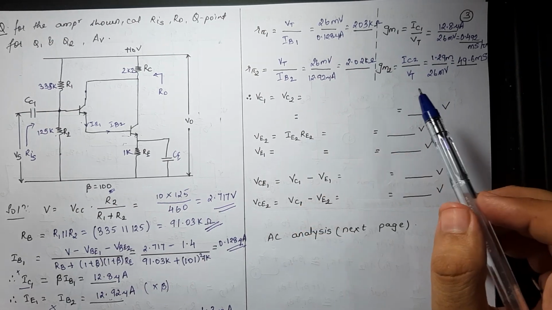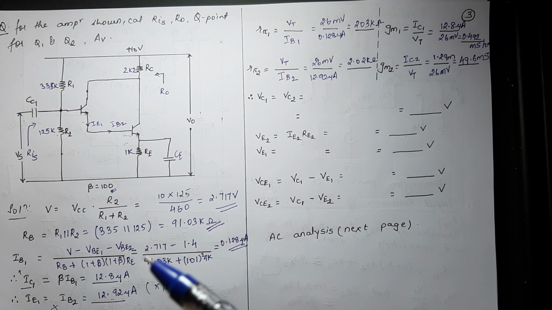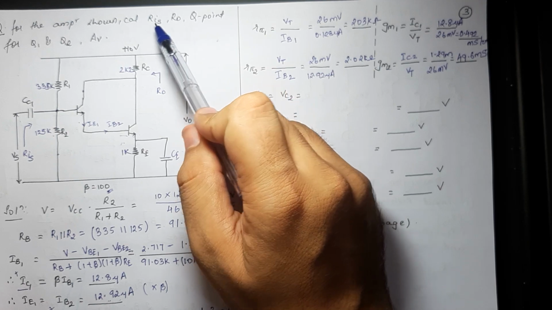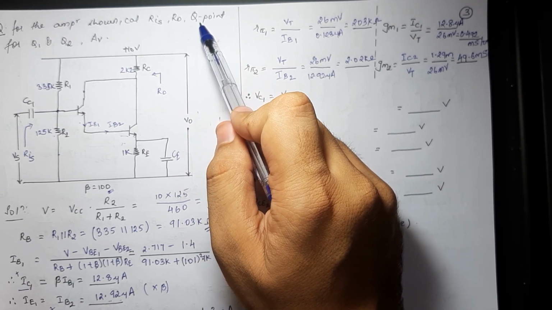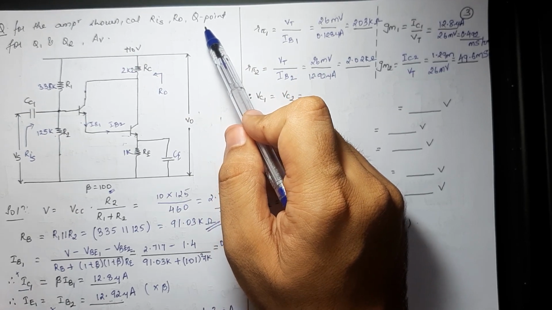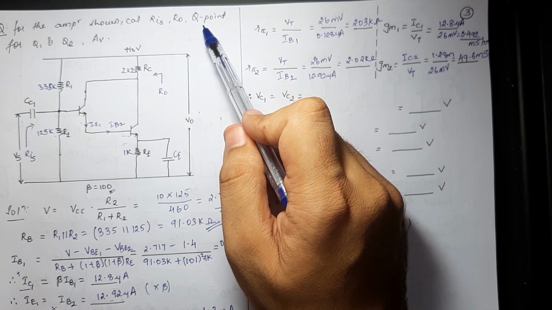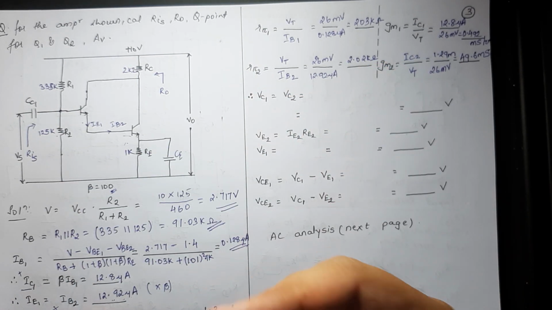Up till here, the AC analysis and the DC analysis part is done. But now let's look back at the question and see what we are being asked. We are being asked to find out input resistance and output resistance. Both of these have to be found out by AC analysis. We have also been told to find out the Q point, something crucial. In the numericals for the previous multi-stage, we haven't been told to find the Q point anywhere. This is the very first time that in multi-stage we are being told to find out the Q point.